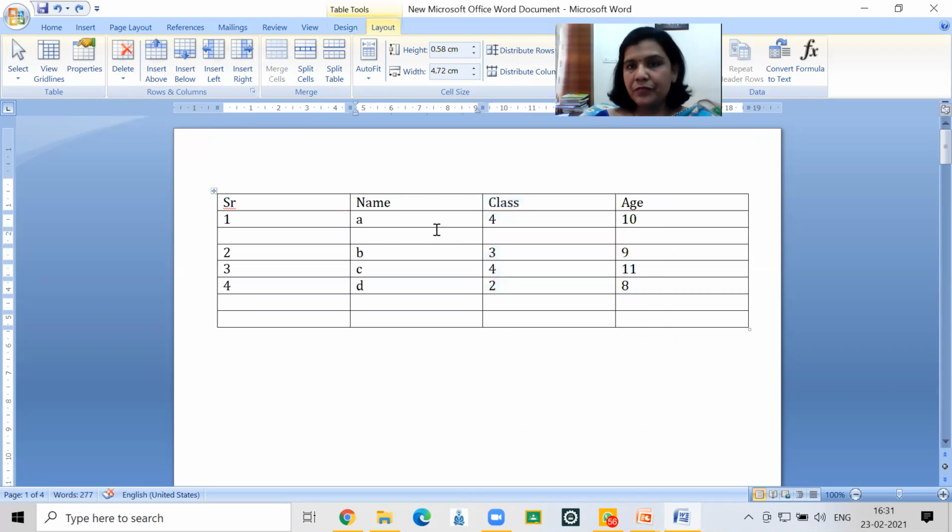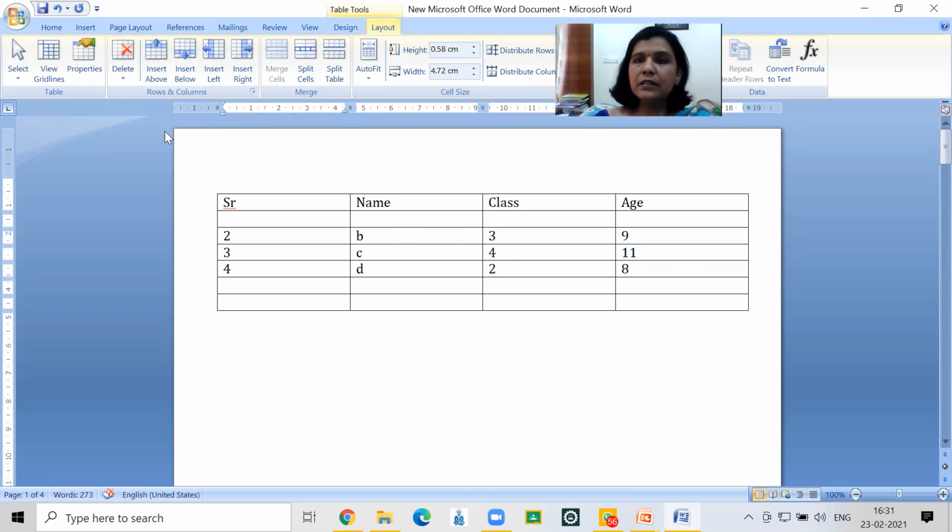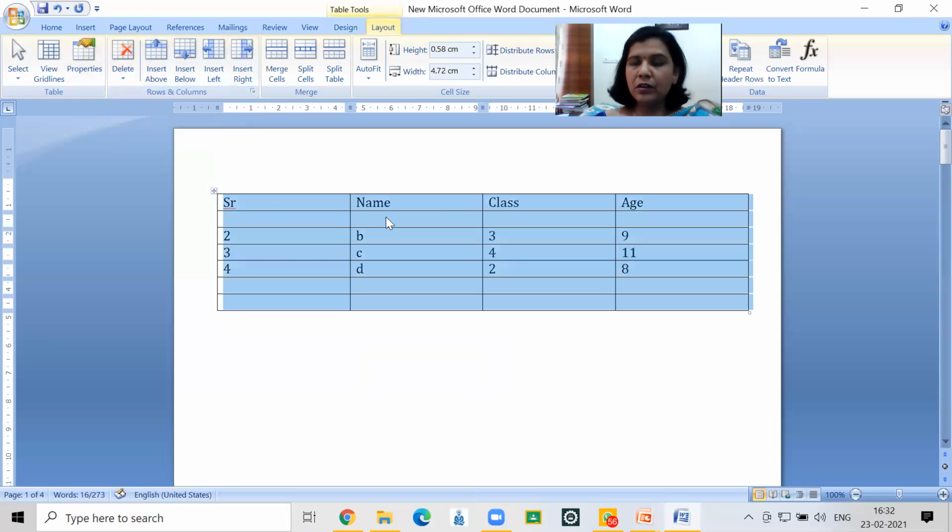Then suppose my cursor is at this particular position and I click on delete rows, the concerned row of that particular insertion pointer will be deleted. Okay, it doesn't ask you to confirm the deletion, so please be careful when you are deleting. You can set your